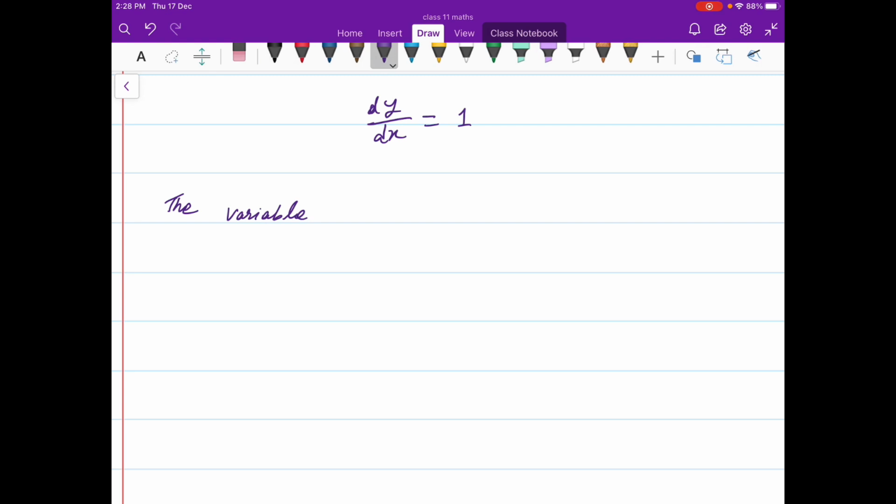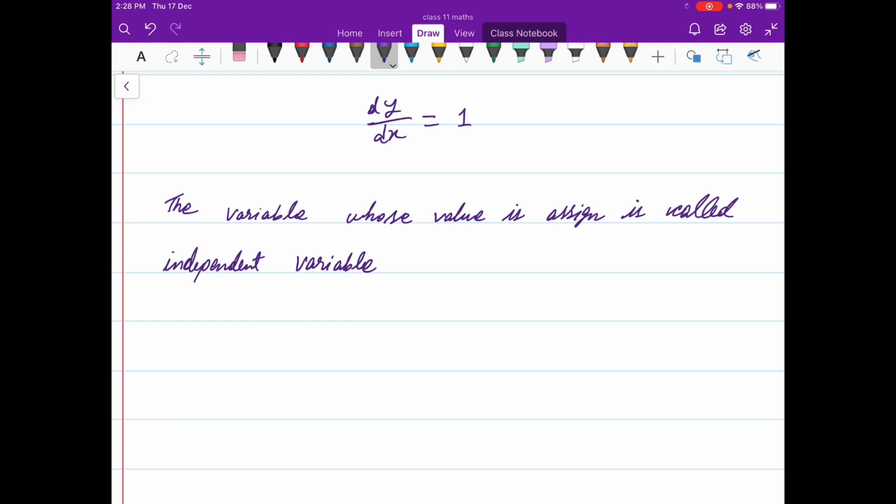The variable whose value is assigned is called the independent variable. And what about the dependent variable?